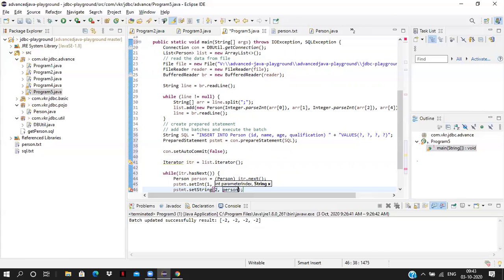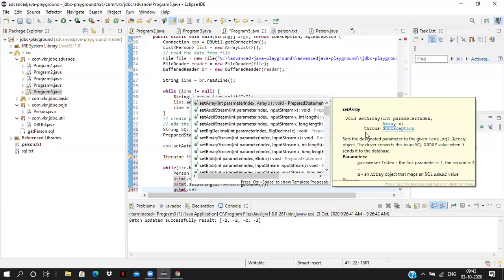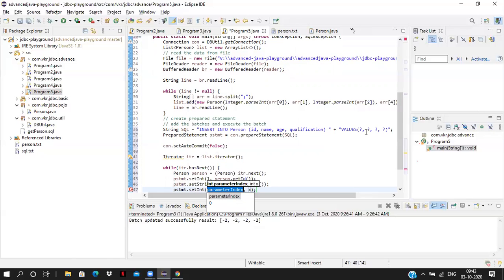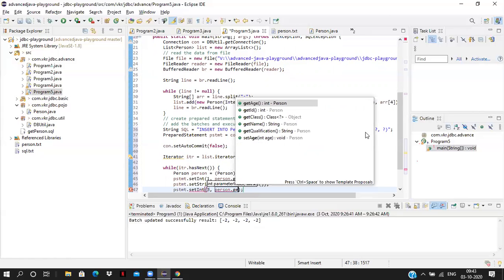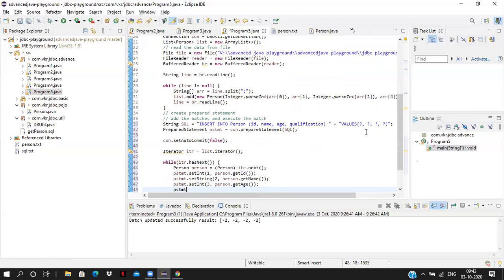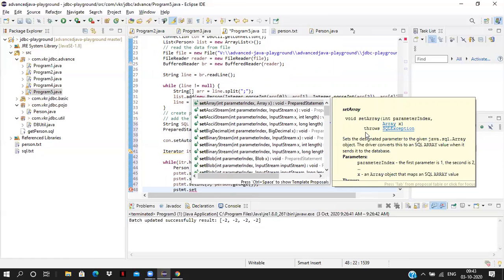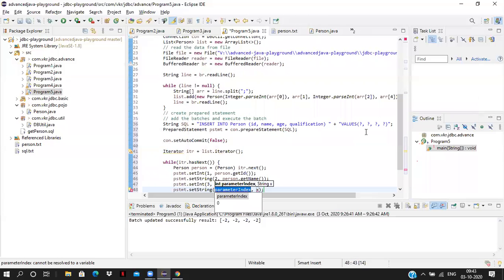So person dot get name. Prepared statement dot set int, because the next argument is age: person dot get age. Whenever we are using a prepared statement, we have to set all the placeholders. Set string of